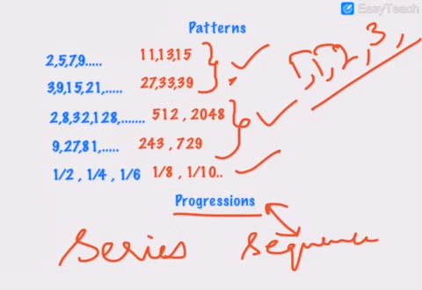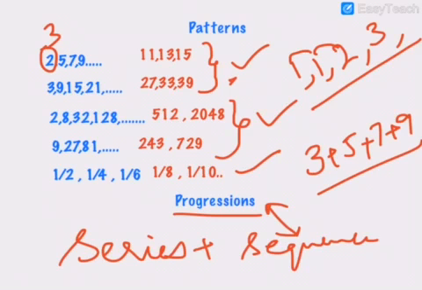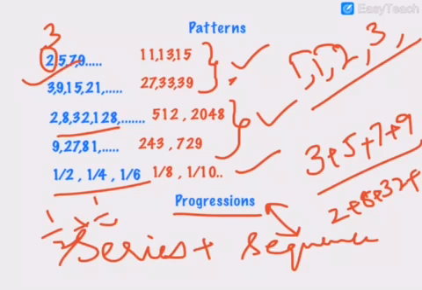So a sequence is simply a pattern written by separating with commas. In place of commas, if you use plus, for example the first pattern, 3 plus 5 plus 7 plus 9, if you write using plus, we call that a series. Again, while writing a series, it need not necessarily be arithmetic. You can even write 2 plus 8 plus 32 plus so on, or you can write 1 by 2 plus 1 by 4. So simply by keeping plus or minus in the middle, you call it a series. If you're writing them by separating with commas, you call it a sequence.